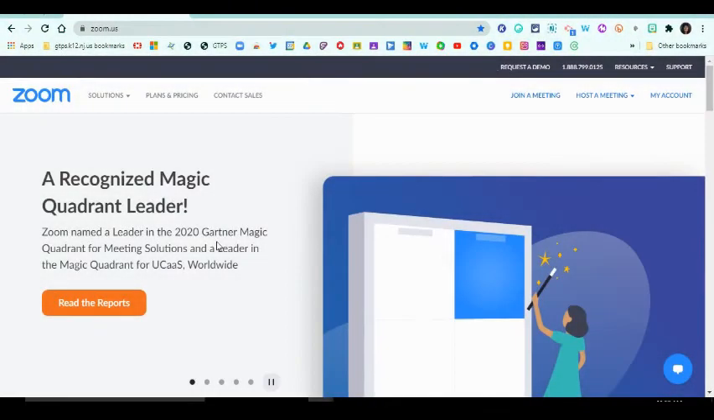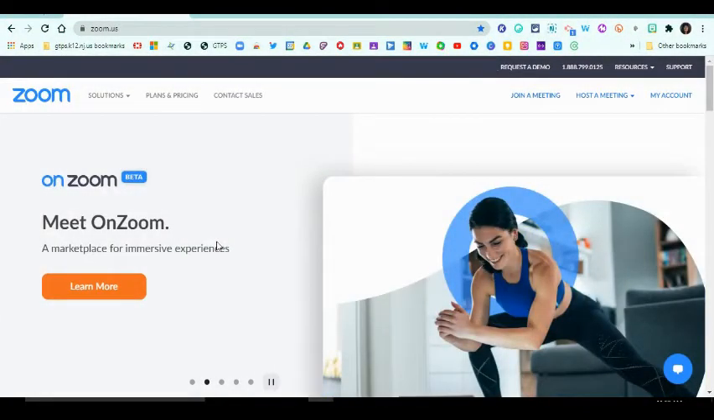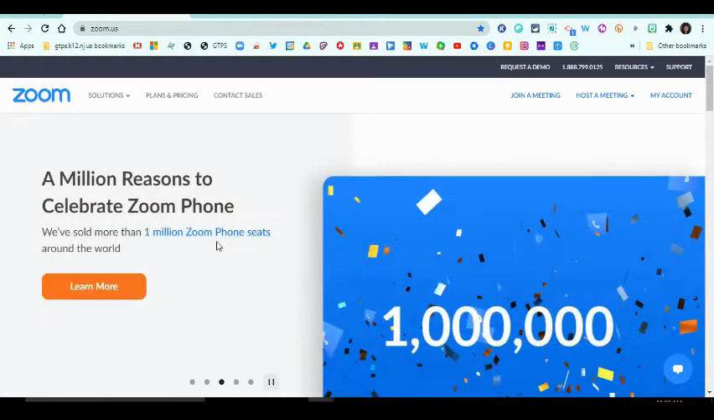Hi everyone. This screencast is going to show you how to use the whiteboarding feature right within your Zoom meeting. There's no other software or tool that you need to open, just Zoom. The first thing we need to do is make sure that the whiteboard feature is enabled